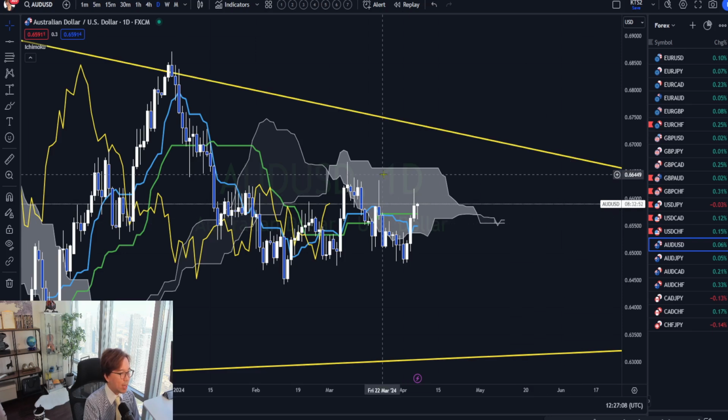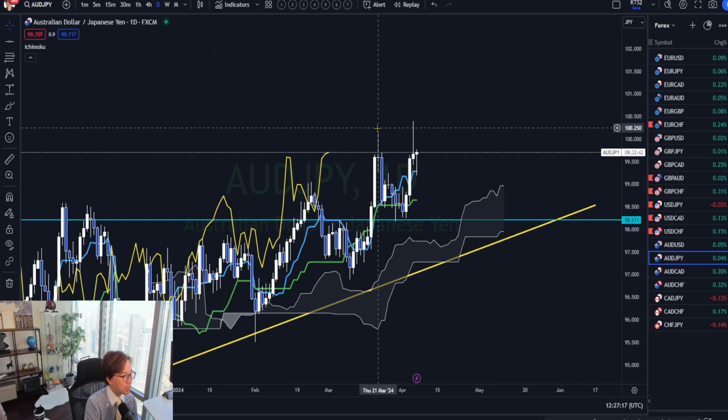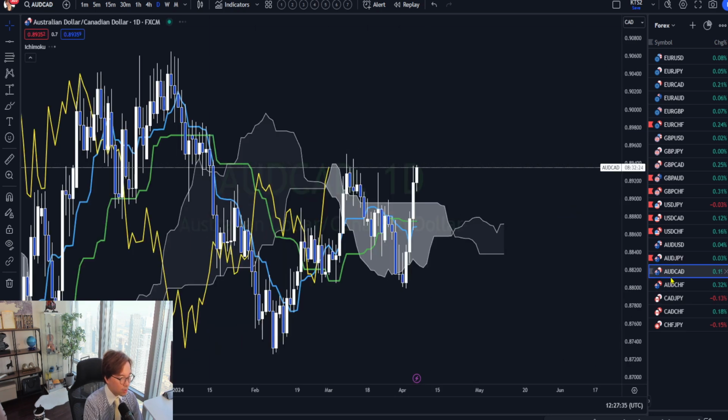AUD USD's range, it's in the Kumo, so there's not much movement, so I simply skip. AUD JPY has been bullish, and there are 2 long wicks. So I can see that there's a strong resistance area here. So it may not break, but let's see. This is bullish in waves. So once it breaks bullish, this can be also one of the good pairs to trade. So I mark red. So yeah, this one is also about to break the resistance. So let's see if it does at the news.